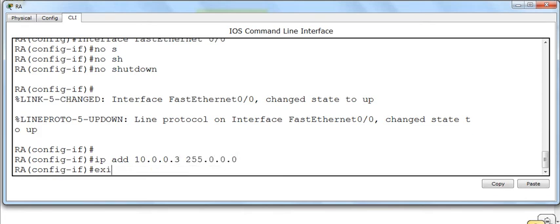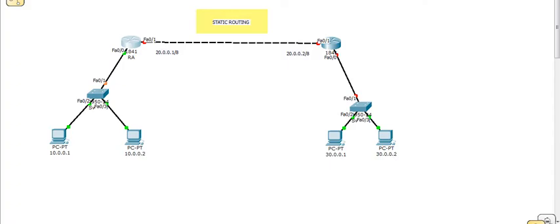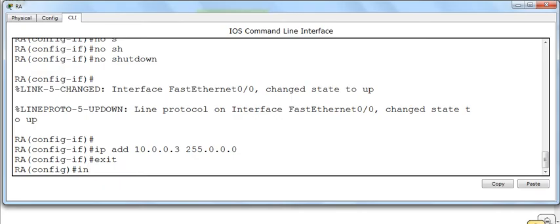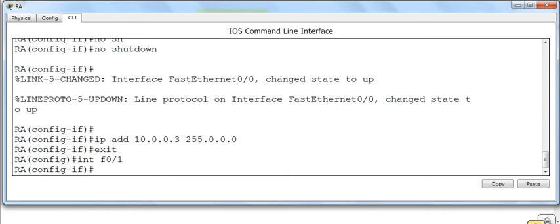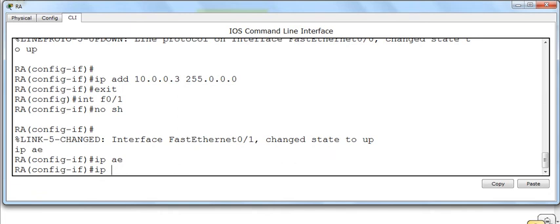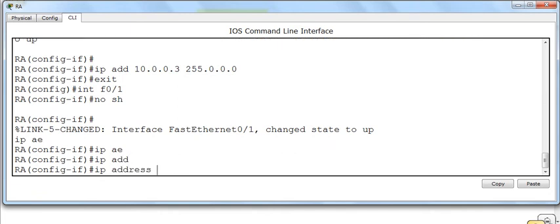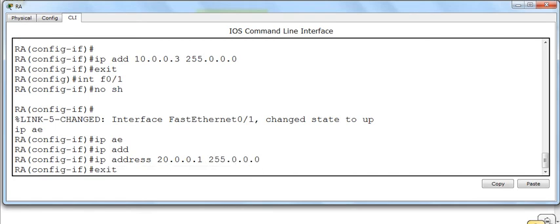Good. Likewise, we also have another interface, 0/1, whose IP address will be 20.0.0.1. So interface FastEthernet 0/1, no shutdown, ip address 20.0.0.1 followed by /8. Alright.